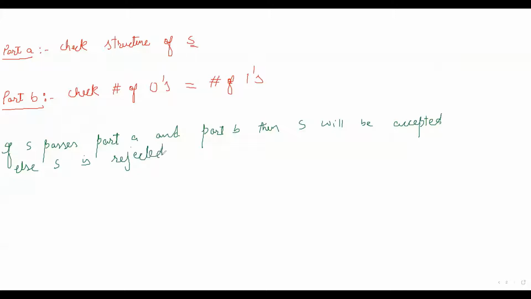Okay. So we have to design a Turing machine for part A and for part B. So first is part A, check structure of S. So let's see what we have to do for part A. We will first start in the initial state, Q0. So let's say it is the initial start. This is our initial state. In this state, we will remain in the state